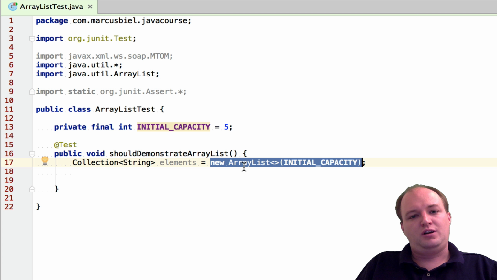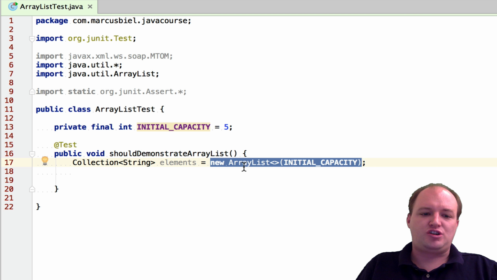But the requirements of your business usually change very fast, as you know. For example, an ArrayList can hold duplicate elements, but now there might be a new requirement that tells you you cannot have duplicate elements. You have to prevent duplicate elements. So you might want to use HashSet here.